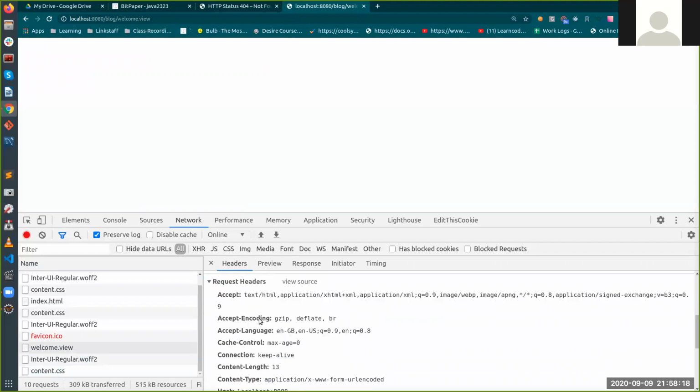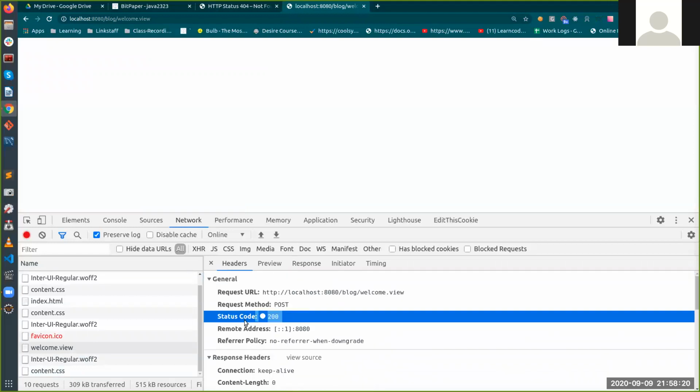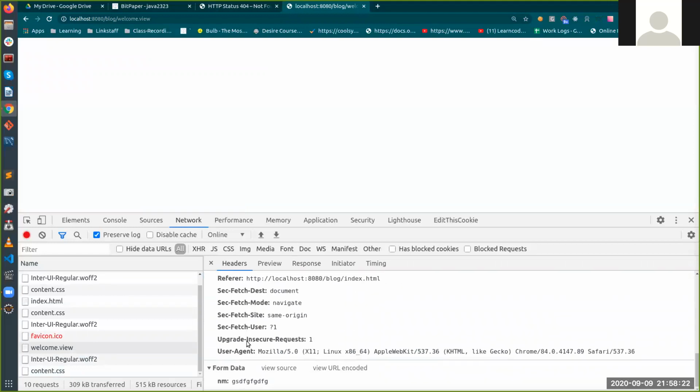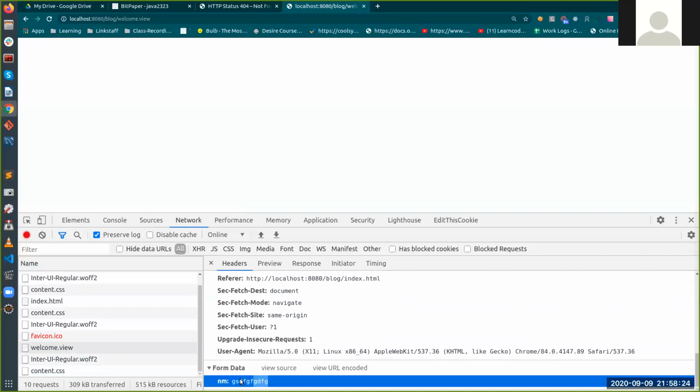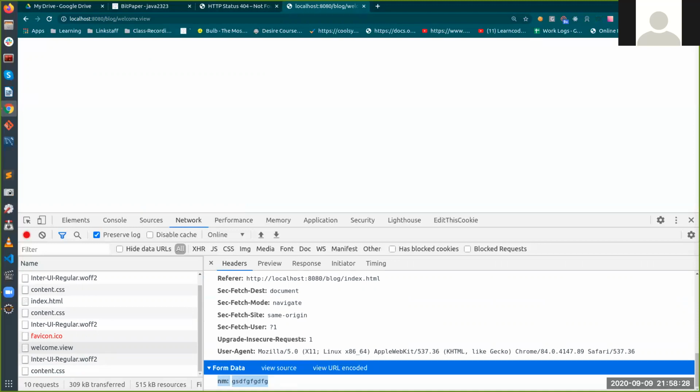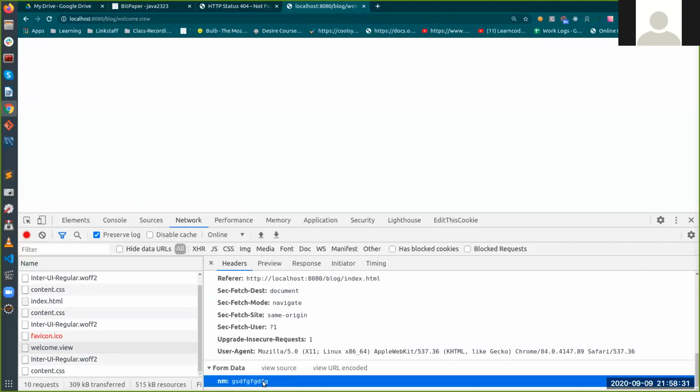And if I go further, where can I see the request data? So here you see, now the data will go in the form of form data, right? So our request param: the parameter name and the parameter value. Got it?